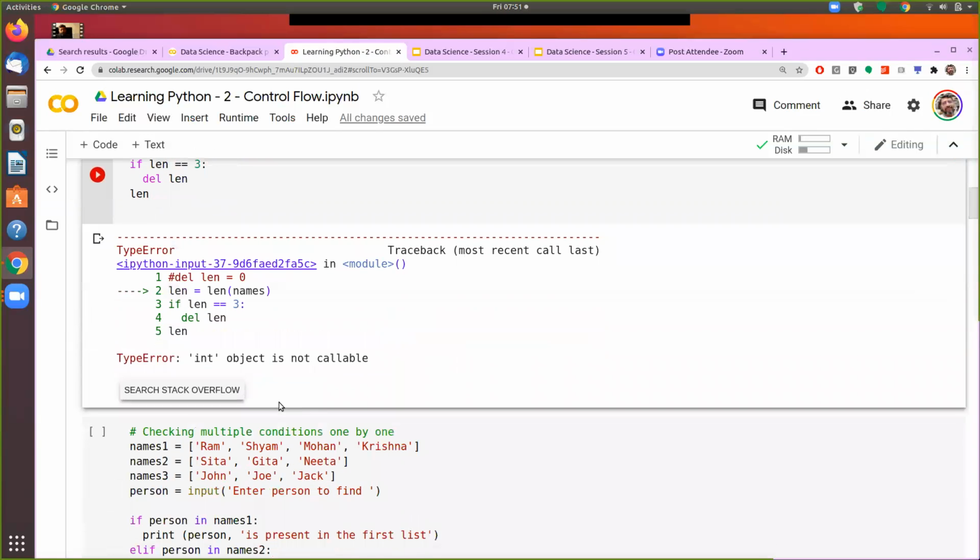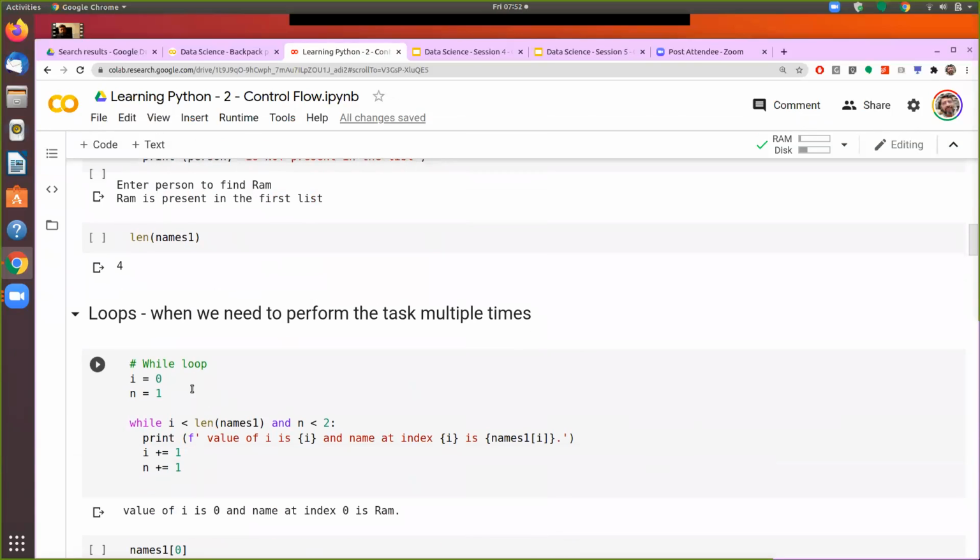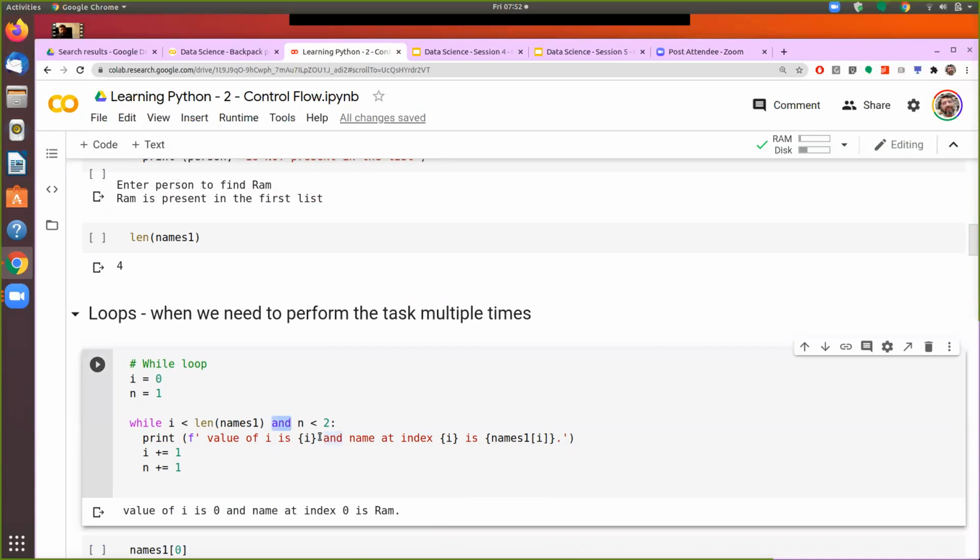The second silly mistake which I was doing yesterday was, while running this code, I had used this and. So it happens when you work across different languages. Sometimes you get confused whether it's a command in Python or some other language. So this and is actually what is called the bitwise and, and this and is called the logical and. So I was using the bitwise and, that's why the result was not coming. Now if we use the logical and, it will operate.